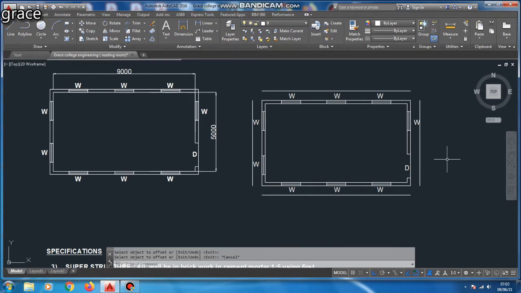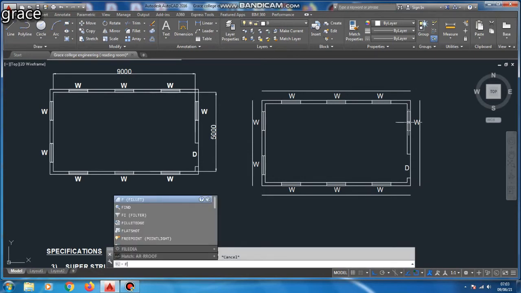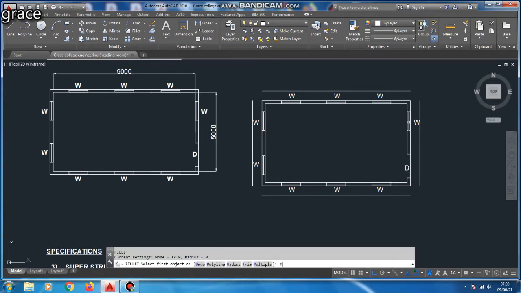By using the commands offset and fillet, we are going to complete the sunshade line in our diagram. Next command is fillet. Select the first object and second object and just press enter, and we complete the line for the sunshade.